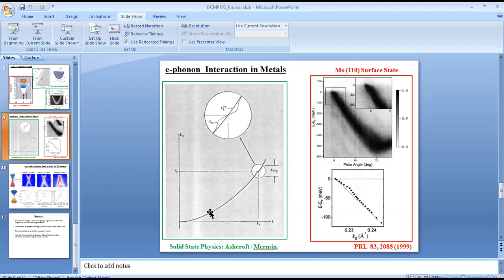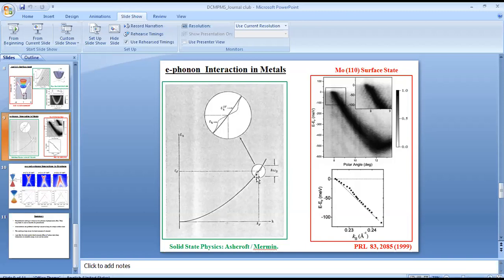It won't be able to go, because the phonon only has very little energy. So this electron cannot go. If it absorbs maybe 20 or 30 MeV of phonon energy, it cannot go to this state, because this state is already filled. So the higher binding energy electrons cannot participate in this electron-phonon interaction.